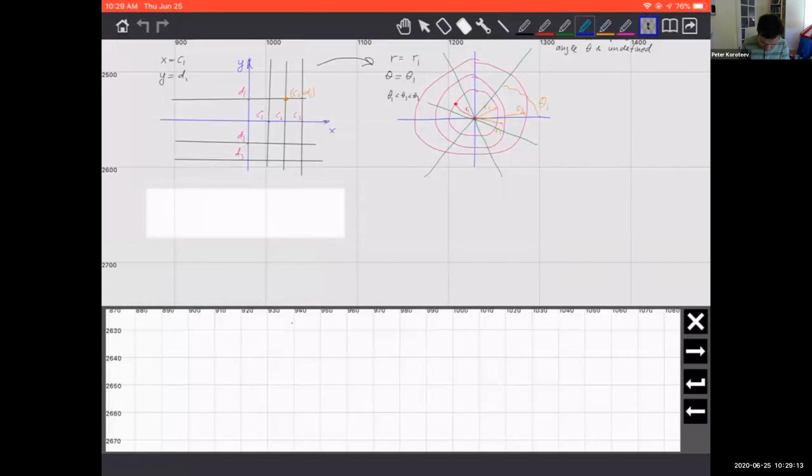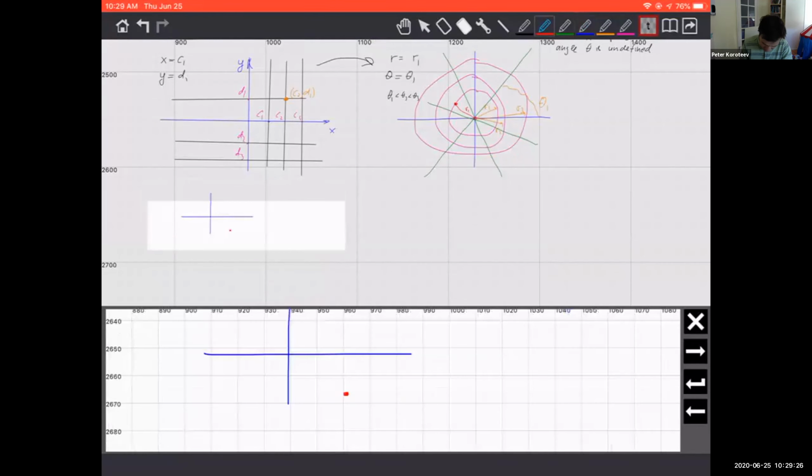But still, as we discussed, it doesn't really matter because you can always reassign the angle as if it was an angle between 0 and 2 pi. So say we're here, right? This is where our point is. So according to our rule, this should be the angle